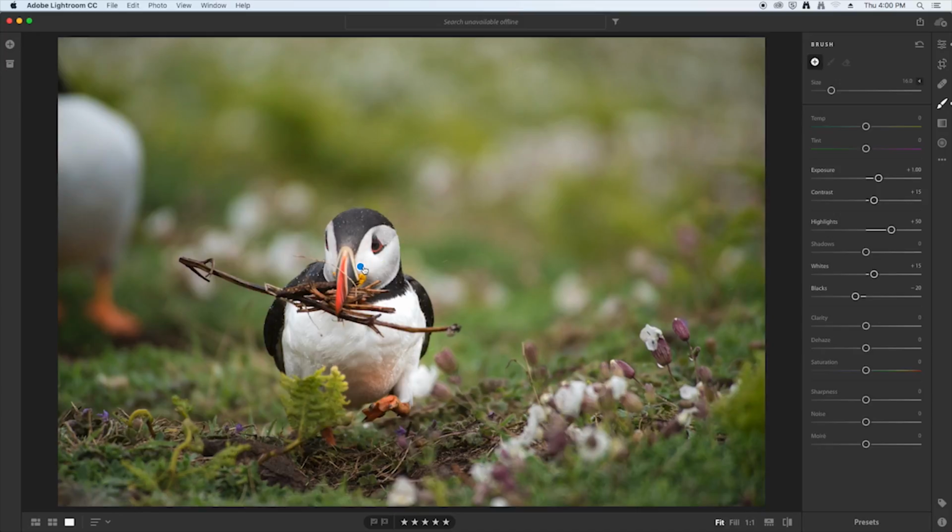So that doesn't alter anything on the puffin. This is a brand new brush, and I can paint over the background, and you can see that's not affecting the image anywhere but where I'm clicking and dragging. I'm just going to Control Z or Command Z on Apple and undo that, and I'm going to zero all of these settings